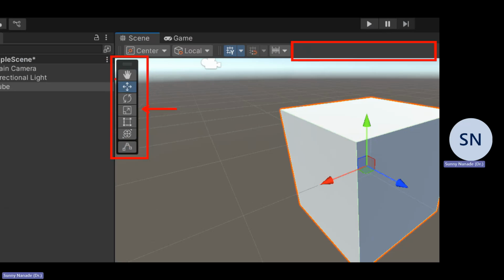Okay, do you see this toolbar? Is everyone familiar with this toolbar? Now, the shortcut here is QWERTY. If you press Q, this will be selected over here. Okay, now what is the very first one? So the very first one is